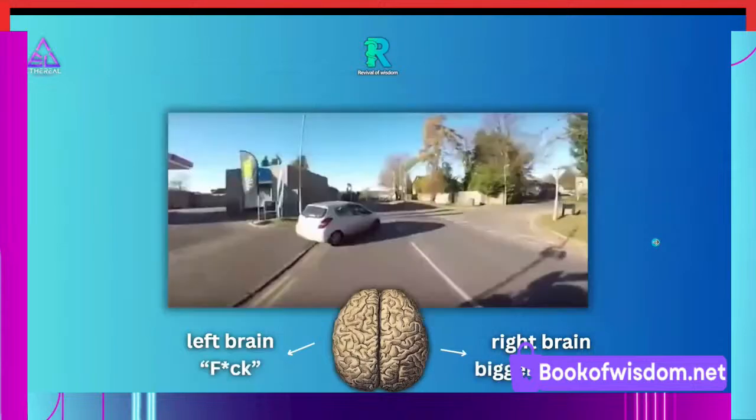Okay, so here's another example of the left and right hemisphere. If someone pulls out in front of you in traffic, your left brain's going to start going crazy and analyzing them, calling them names. The right hemisphere, however, sees the bigger picture. Maybe he didn't see you. Maybe it's just a mistake. Maybe he's in a rush. You see how the two brains are very different. They do the same thing, but they function in different ways. The right hemisphere is feminine. The left hemisphere is masculine.